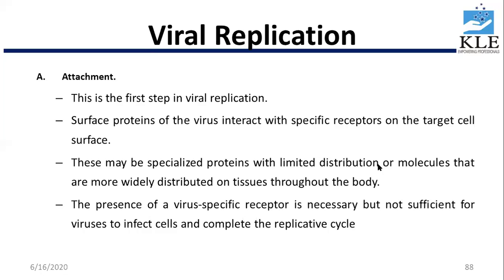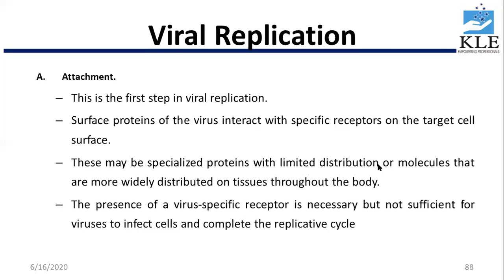So the first step of viral replication is the attachment. Here the surface proteins of the virus interact with the specific receptors on the target cell surface, and these may be specialized proteins with limited distribution, or molecules that are more widely distributed on the tissues throughout the body. The presence of the virus-specific receptors is necessary, but not sufficient for the virus to infect the cells and